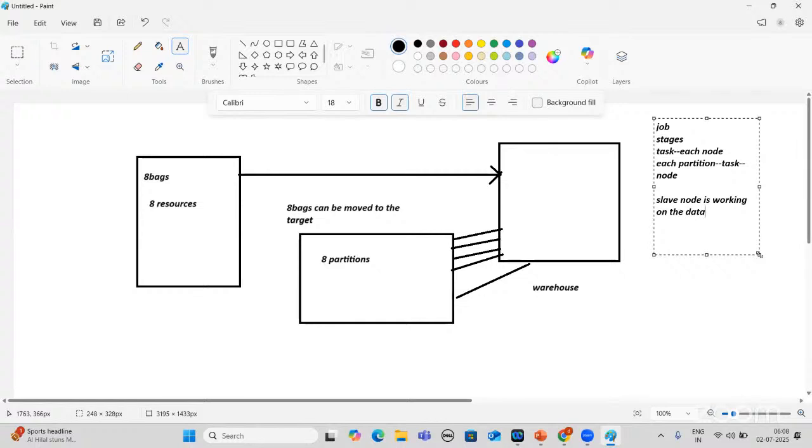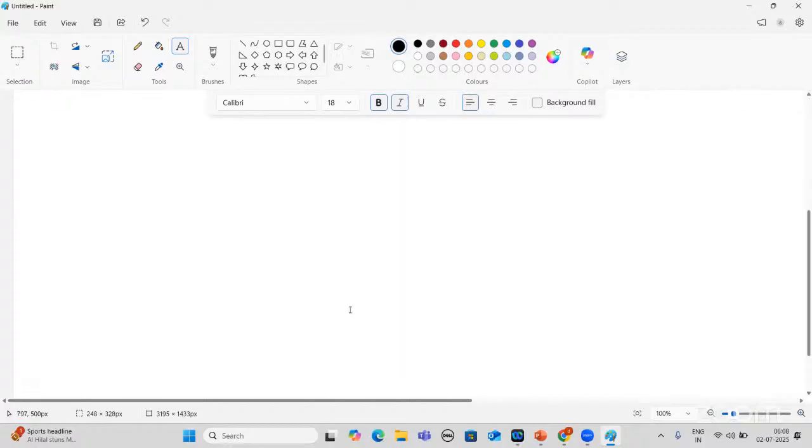So we have two kinds of saving the files. Before going to that,